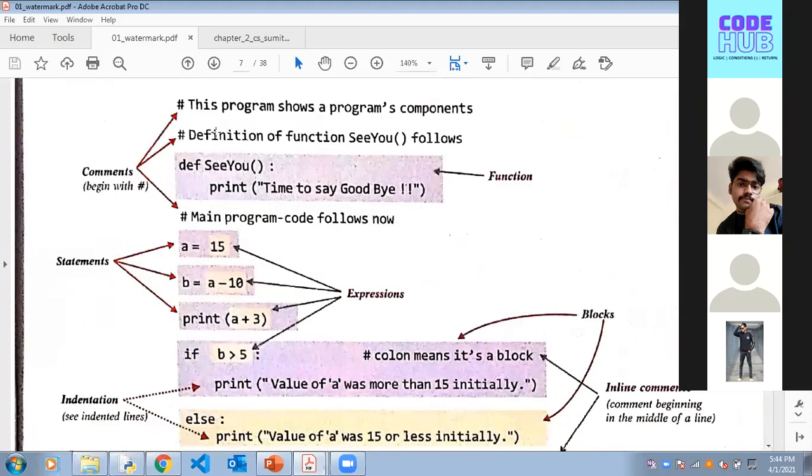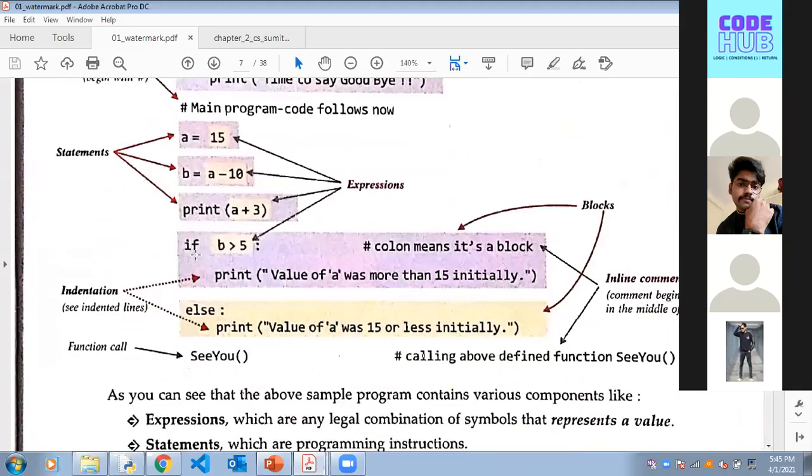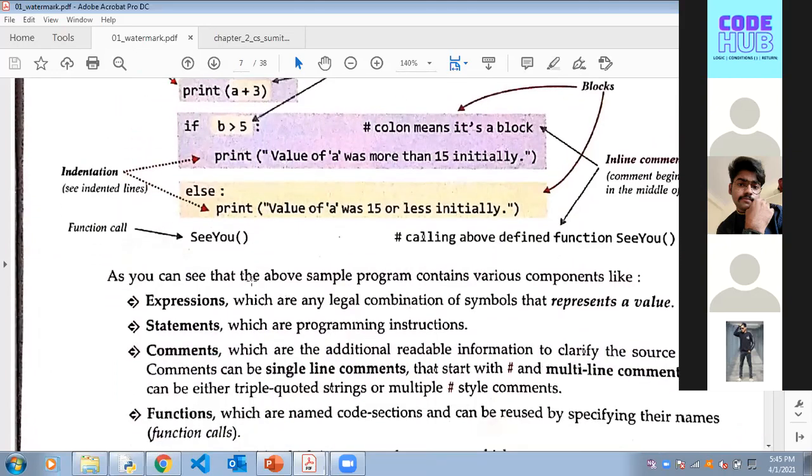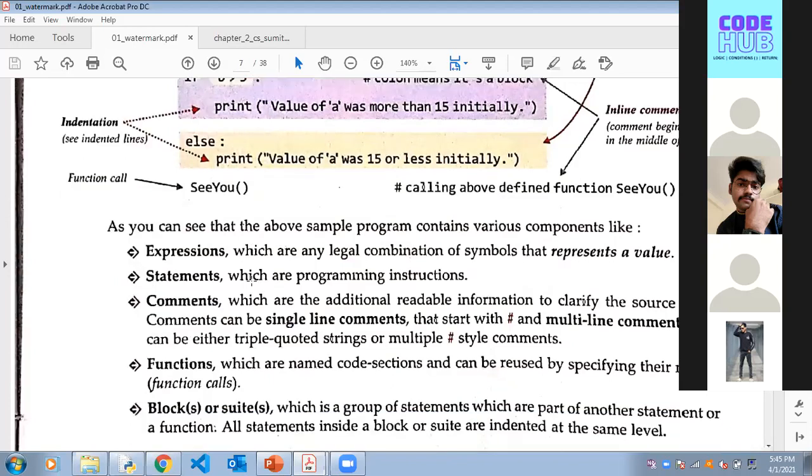So structure of a Python program, like we already saw, comments are written using a hash. And then def is for functions. We'll see that in functions. These are identifiers. These are the values which are being assigned to those identifiers. In Python, we don't use curly braces like other programming languages. We use indentation. So they were just a gist, and then variable assignments and all we saw.